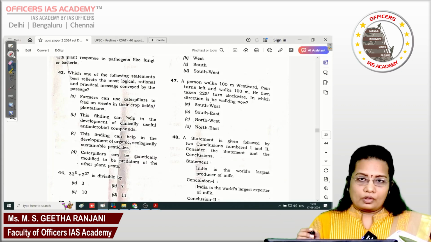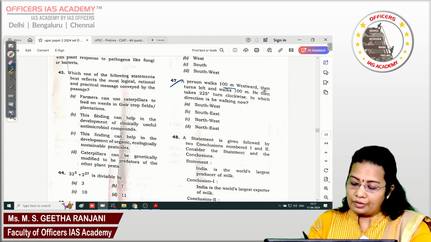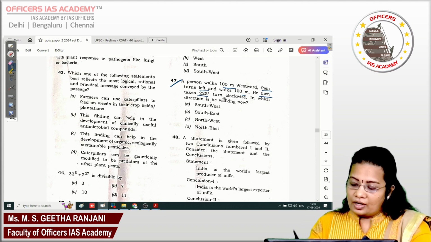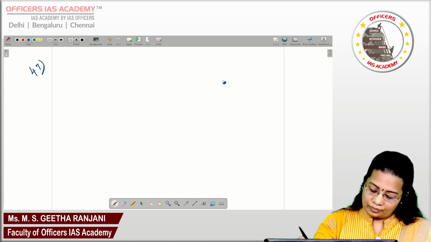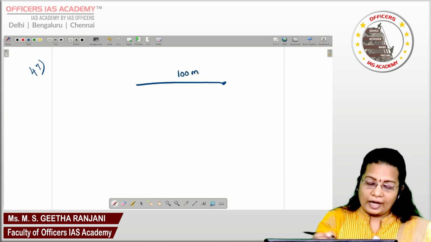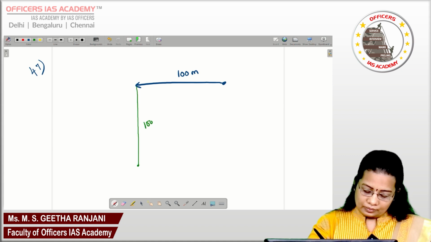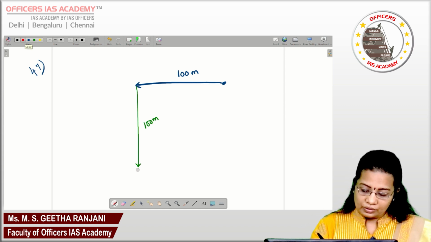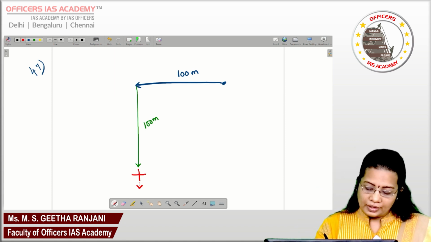Okay, next thing, question number 47. A person walks 100 meters westward, then turns left and walks 100 meters, then takes a 225-degree turn clockwise. In which direction is he walking now? So initially, he is going towards the west. So 100 meters I have marked. From this point, he is going 100 meters. From this point, he is taking a 225 degree turn. So this is his facing position, which is denoted with the red color dots. So from this point, I need to mark the